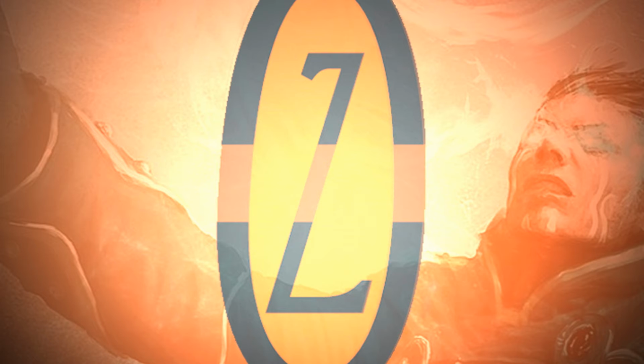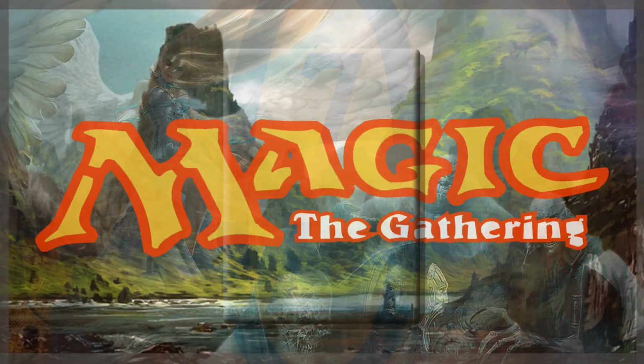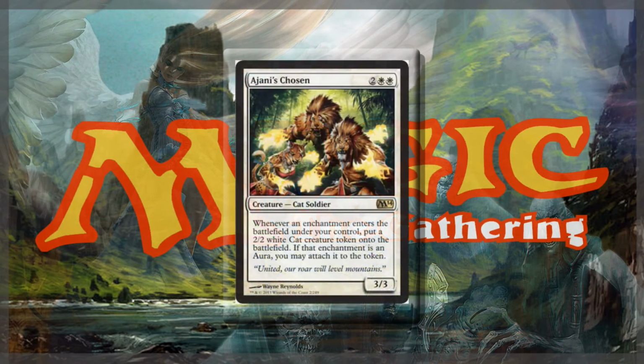So that's all the news we have. Let's get to the top 5 cards of each colour of our latest Magic core set. Enjoy! We kick off of course in white, and number 5 in my top 5 white cards is Ajani's Chosen,